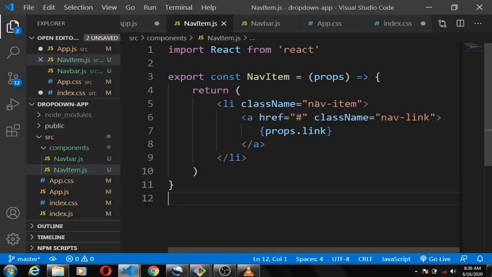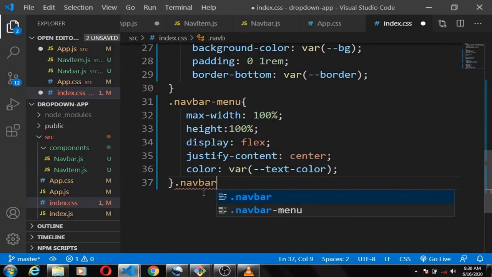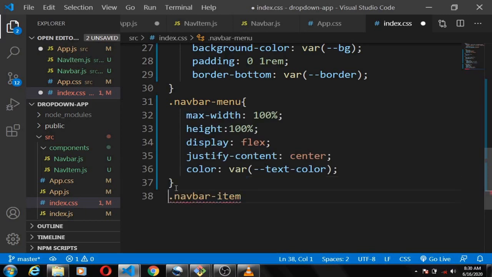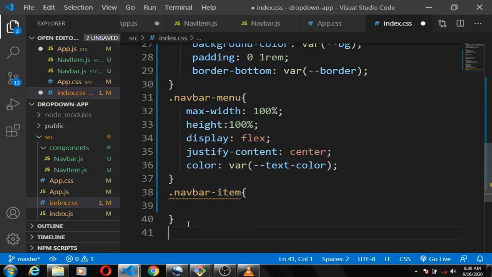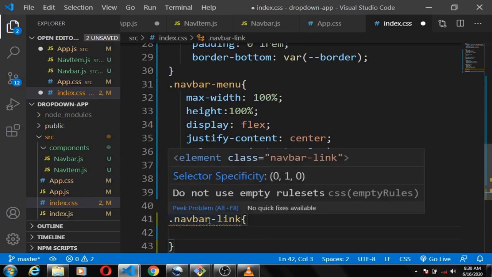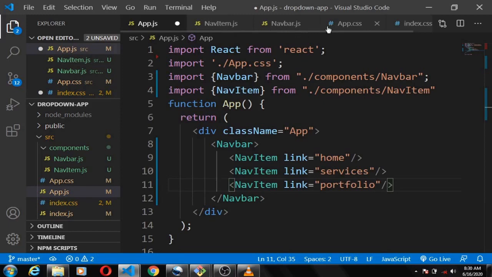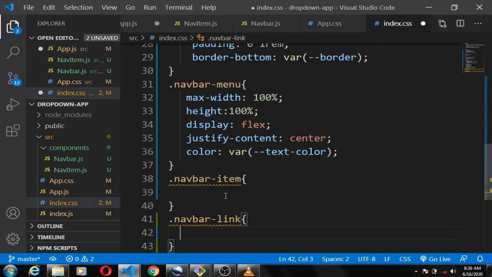and also let's just create style for our nav item. We have a nav item and nav link, so let's quickly add up style for that. And also we create style for these. These are just basically CSS. You can actually do this yourself. Maybe I should just copy from the demo and paste to save our time. Right, so